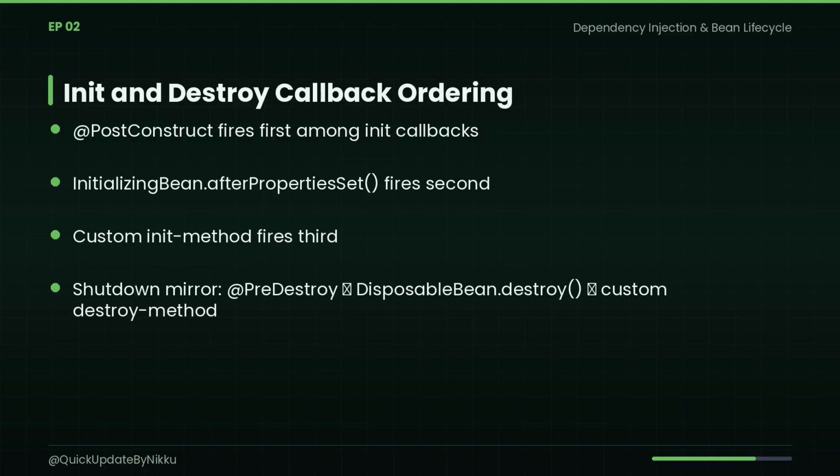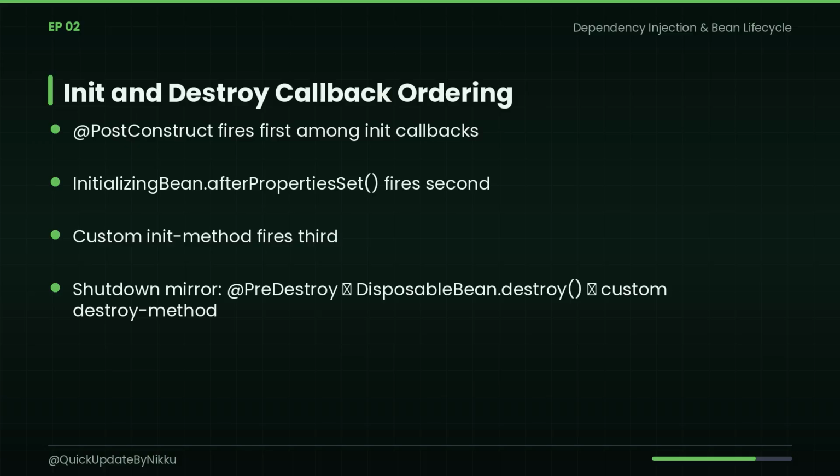Once a bean post-processor has had its turn, the initialization callbacks execute in a fixed order: @PostConstruct, then afterPropertiesSet, then any XML-declared init method. This ordering is guaranteed by the container and is important when you mix styles. For example, if a third-party library implements InitializingBean while your subclass uses @PostConstruct, the @PostConstruct runs first. On shutdown, the sequence mirrors startup but runs in reverse bean creation order, so the last bean created is the